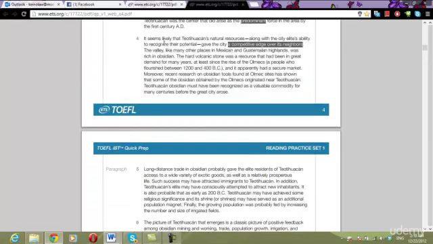Here we go. It seems likely that Teotihuacan's natural resources, along with the city's elite ability to recognize their potential, gave the city a competitive edge over its neighbors. It seems likely that Teotihuacan's natural resources, along with the city's elite ability to recognize their potential, gave the city a competitive edge. Alright? So when we look at our answer choices,